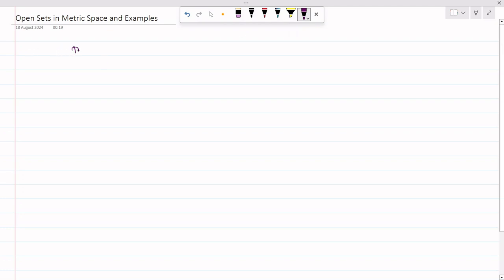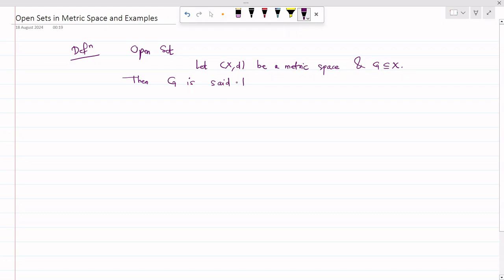So let me write a definition of open set. Suppose X is a metric space given to you, right? So let (X, d) be a metric space where X is a non-empty set and d is a metric defined on that non-empty set X, and G be a subset of X. Then how can I say that G is open? Then G is said to be an open set